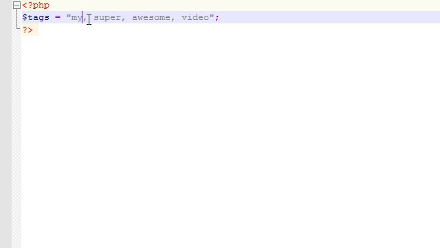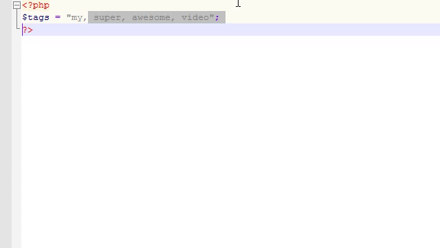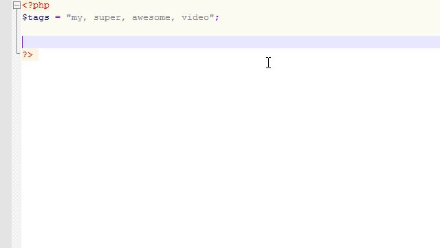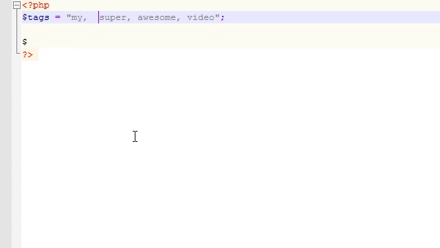The user separates each tag with a comma, and then they write their tag. So what we're going to do now is, say for example, if the user typed something like this, where they had several elements like that, but whatever,